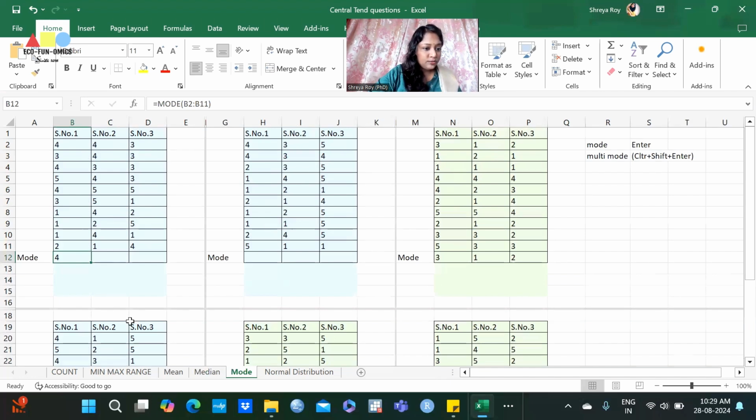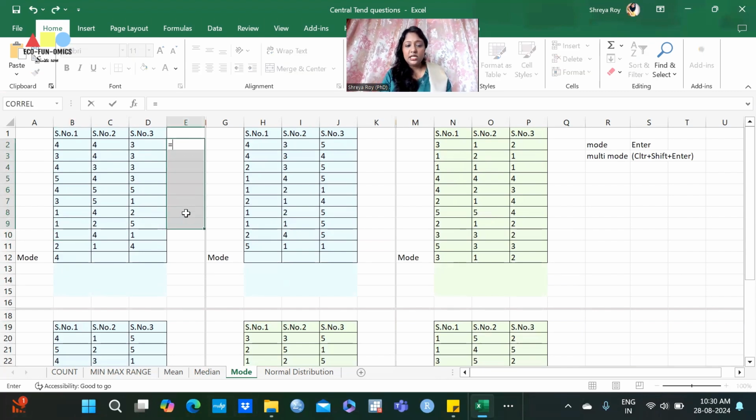Okay. So now we see that even though 4 is 3 times, we also see 1 3 times. So we have a multi-mode situation over here. So we should get 2 answers. One should be 4, second should be 1. So what do we do? We select a lot of cells, then we type is equal to MODE